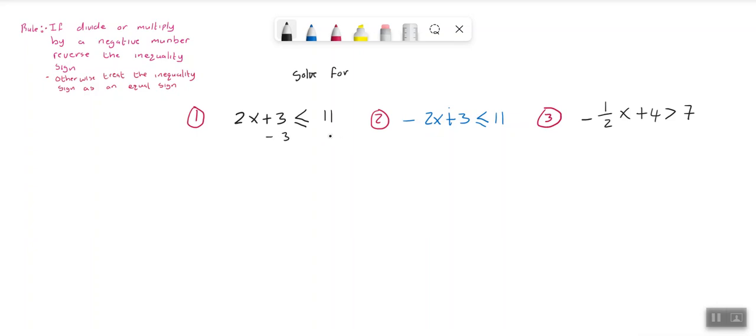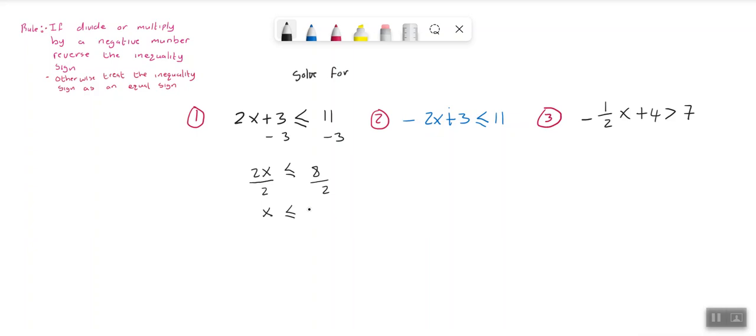So minus 3 and minus 3. So plus 3 minus 3 is going to cancel out, and that will leave you with 2x is less than or equal to 11. Sorry, that's not 11, just change this here. So 11 minus 3, that's going to leave me with 8. And then what I can do is, so this is 2 multiplied by x, so I have to divide this side by 2, divide this side by 2, and that's going to leave me with x is less than or